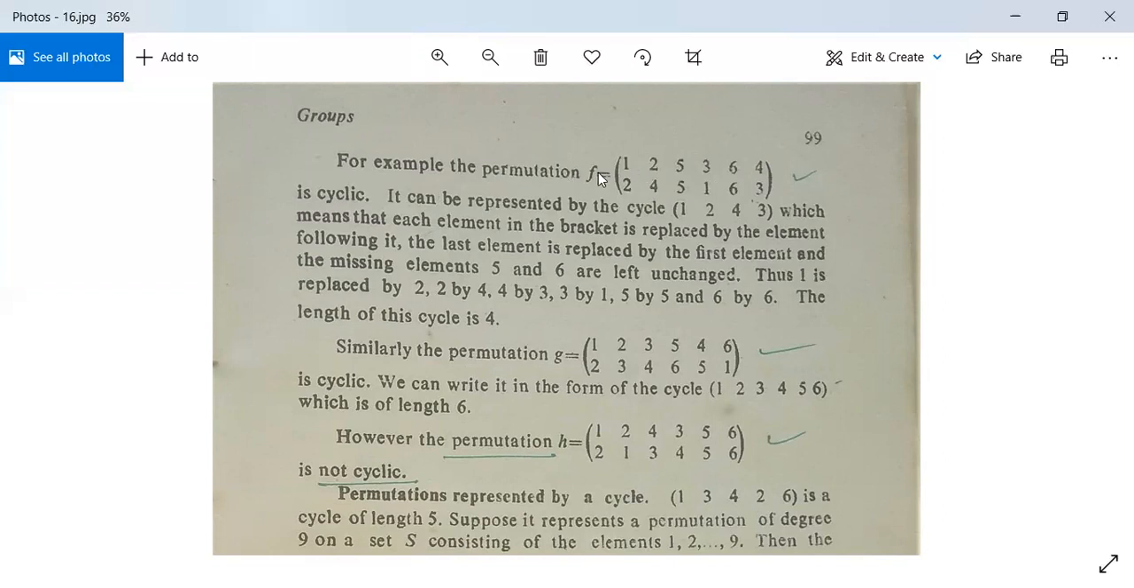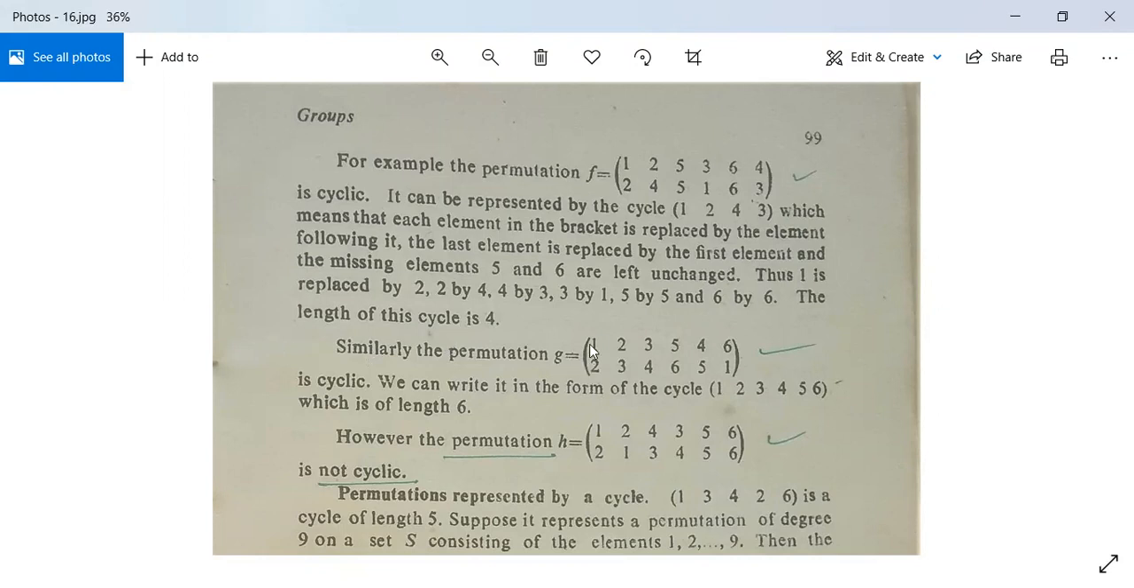So this is a cycle of 4 or 4 cycle, you can say it is a 4 cycle or cycle of length 4। It can be represented by the cycle (1 2 4 3), which means that each element in the bracket is replaced by the element following it। यानी कि 1 goes to 2, 2 goes to 4, 4 goes to 3 and 3 again goes to 1। The last element is replaced by the first element and the missing elements 5 and 6 are left unchanged। तो 5 और 6 में कोई चेंज नहीं है। Thus 1 is replaced by 2, 2 by 4, 4 by 3, 3 by 1, 5 by 5 and 6 by 6। The length of this cycle is 4।